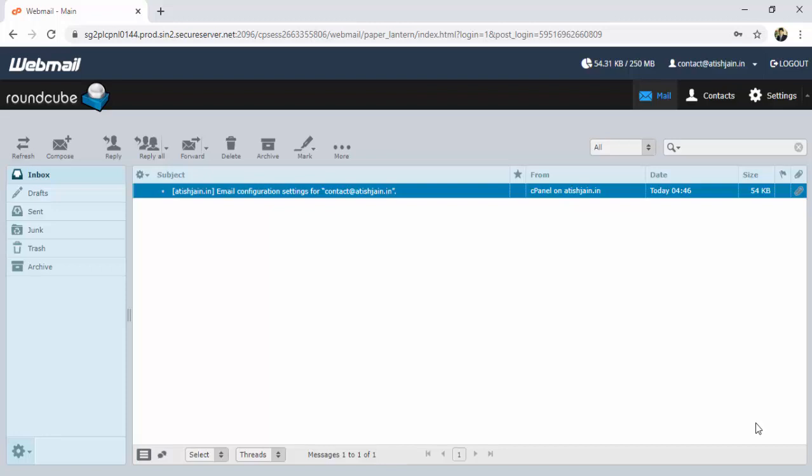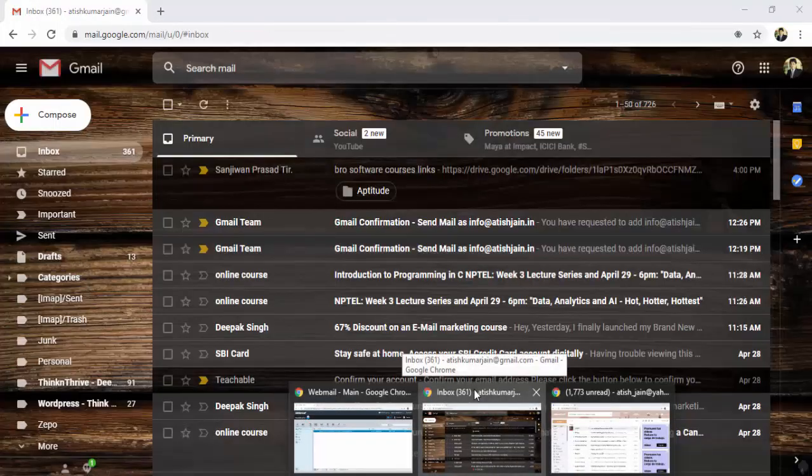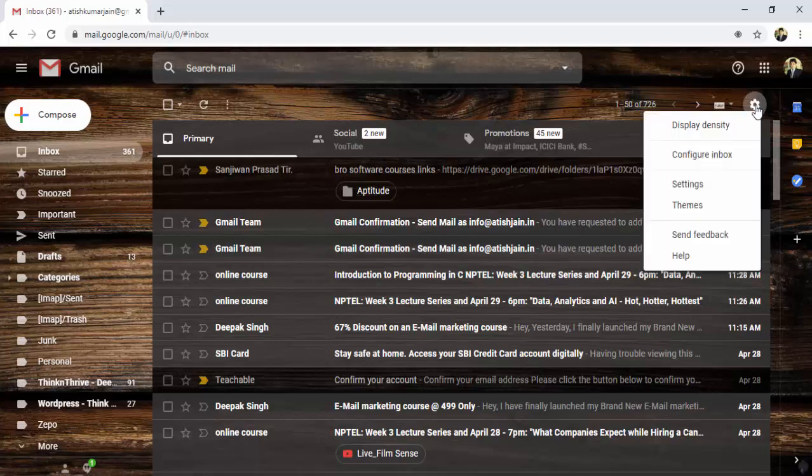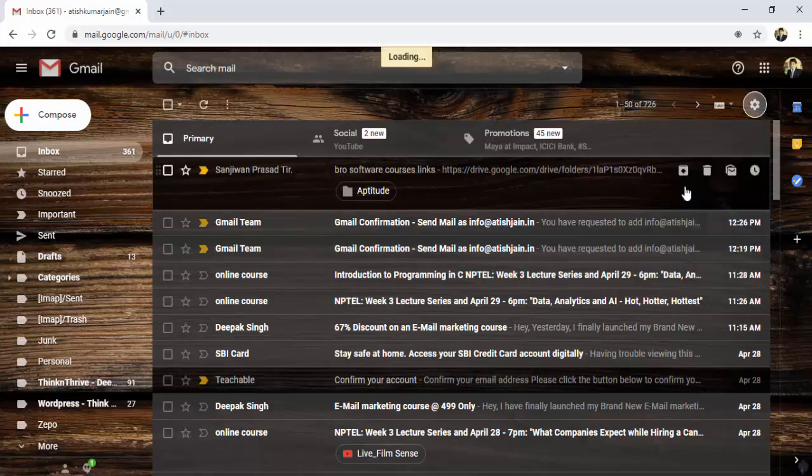For this, you have to open your Gmail account. So here is my Gmail account. Once you log in, click on this settings button on the top right corner, settings, and again in settings go to settings.